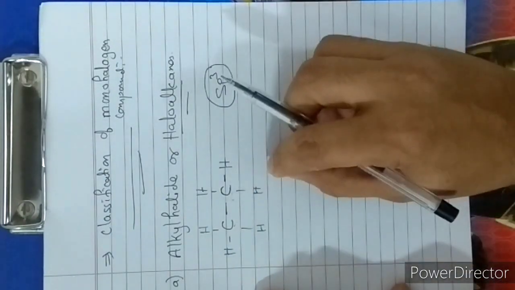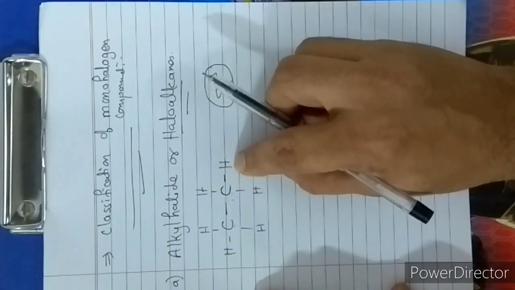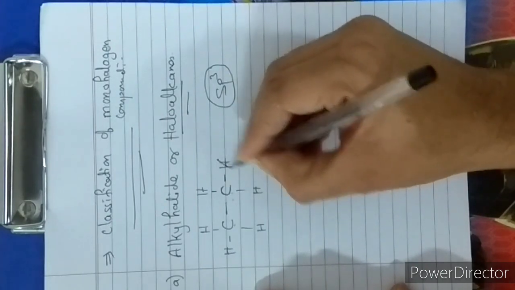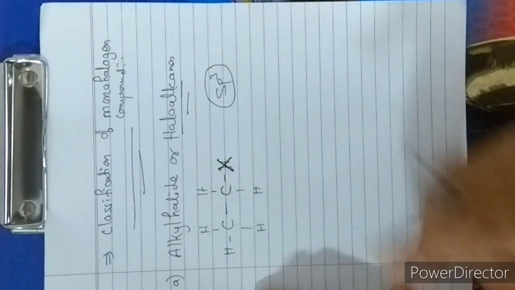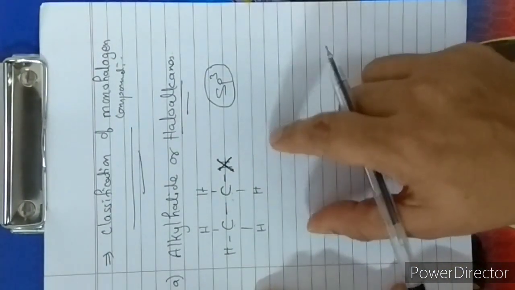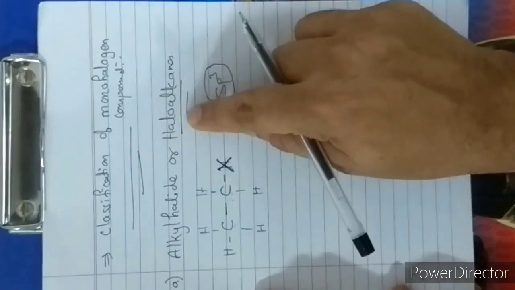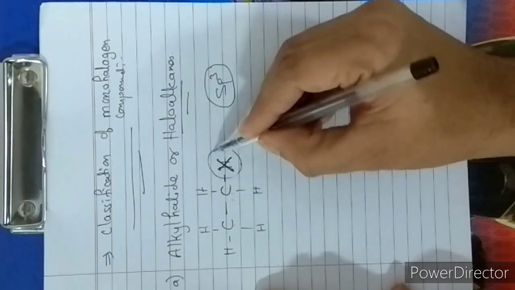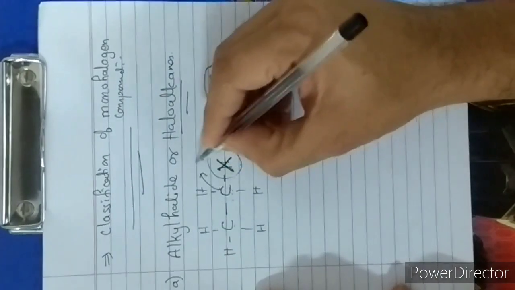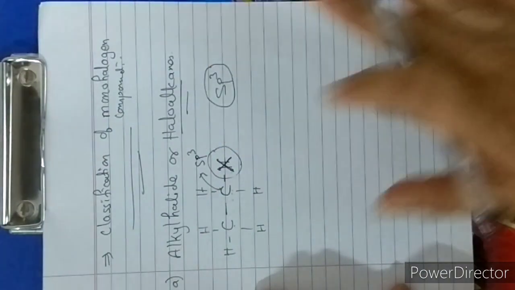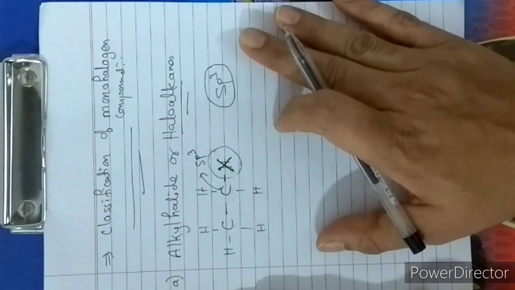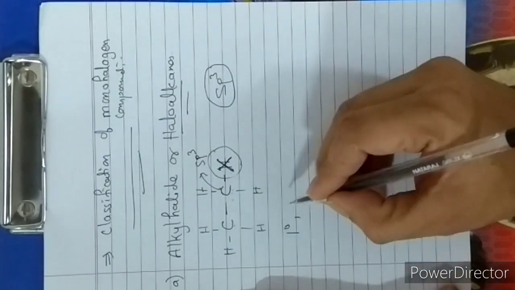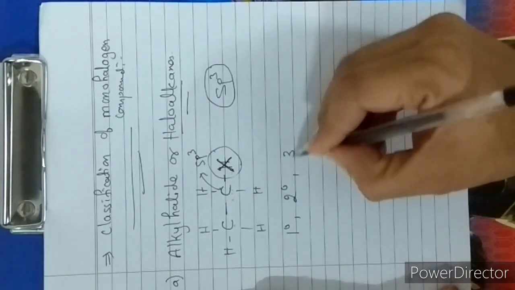Now if I remove one of the hydrogen, okay, and I attach a halogen, suppose I remove this hydrogen and I attach halogen over here, so this is called alkyl halide or haloalkane, and here the condition is the halogen is attached to a carbon which should be sp3 hybridized. That is the condition. Clear? Now it can be further classified as 1 degree alkyl halide, 2 degree alkyl halide, and 3 degree alkyl